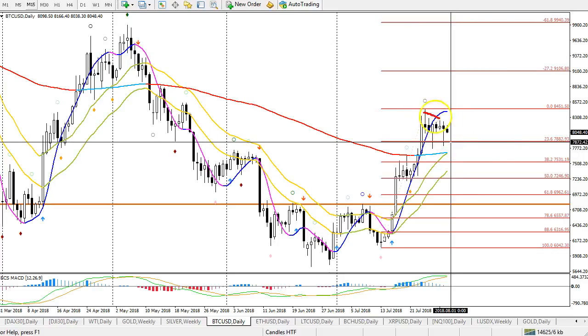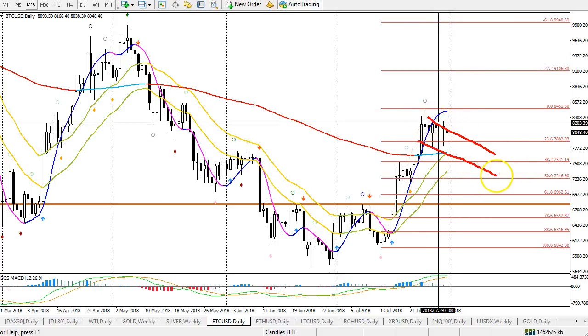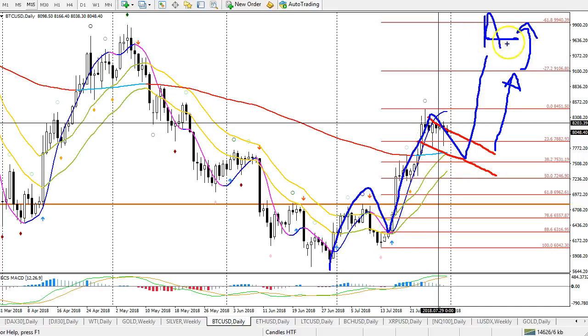So what we're expecting here is some kind of triangle or a bull flag chart pattern. Once price breaks above the resistance of that pattern, then we expect price to find its legs up to the minus 272 target at 91.06 and then the minus 61.8 target at 99.40, which is around that psychological round level of 10K, where a bigger wave A, a 5 wave move within wave A, could finish. At that point, we expect a 3 wave move down, A, B, C, within a wave B, that's the bearish variant, and then a wave C up.